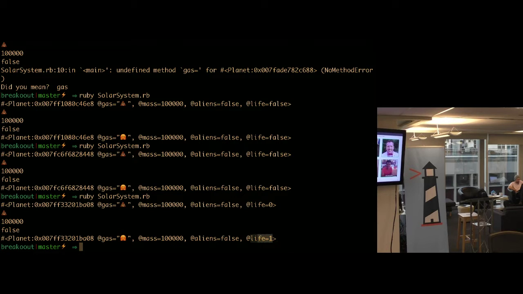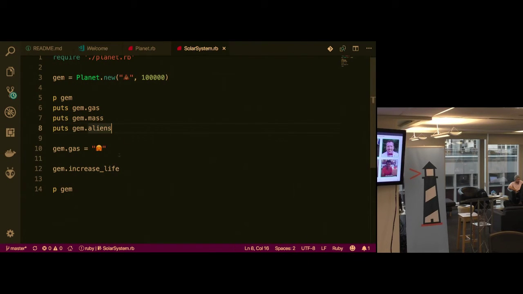Yeah, look at that, life's 1, so we increased it by 1. How much life should we give this planet? You got 8. Do I hear 9? Anything higher than 8? Any random number?